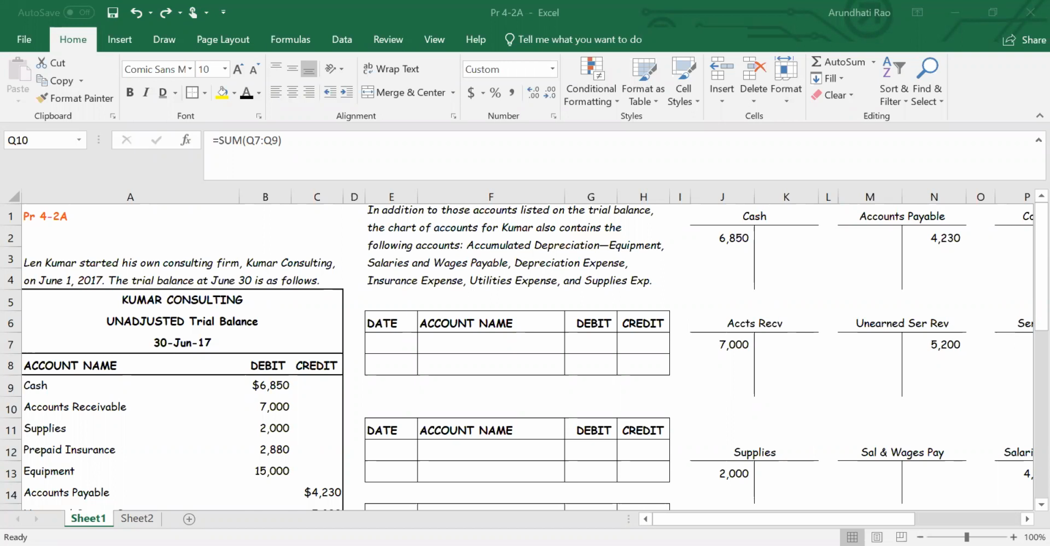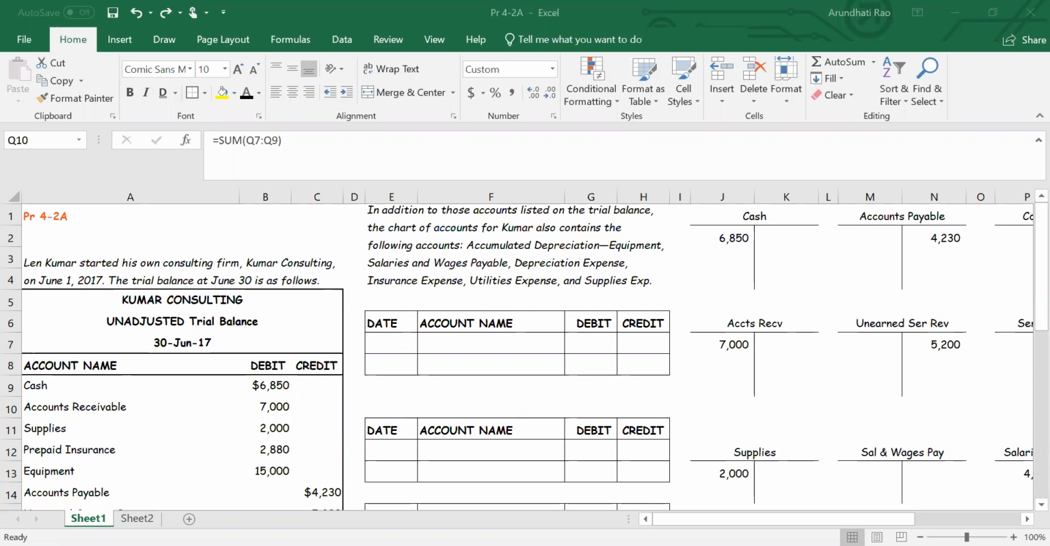Good morning. Let's start working on problem 4-2A, which is our homework problem for chapter 4. In this problem, we have Len Kumar, who started a consulting firm on June 1st, 2017. They've given us a trial balance at June 30th, and the account names listed over